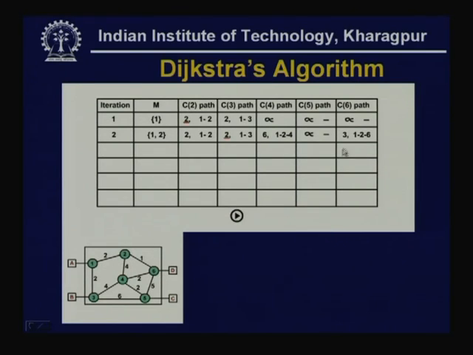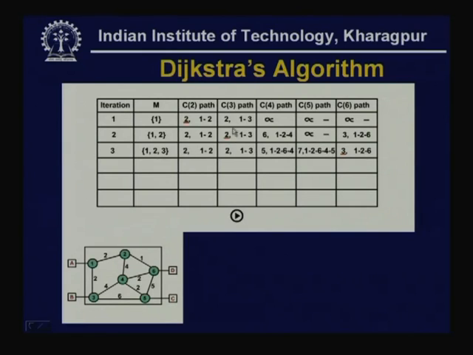So, for 6, as you can see, the path is 1, 2 and 6. So, cost is 2 plus 1, 3, as it is given here. Now, in the third iteration, 3 is added in the list, and after adding 3, obviously the 5 is also now reachable from 1, and after including 3, now we find the cost for 2 from 1 to 2